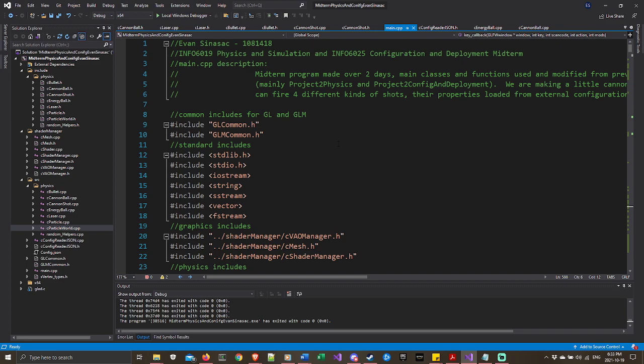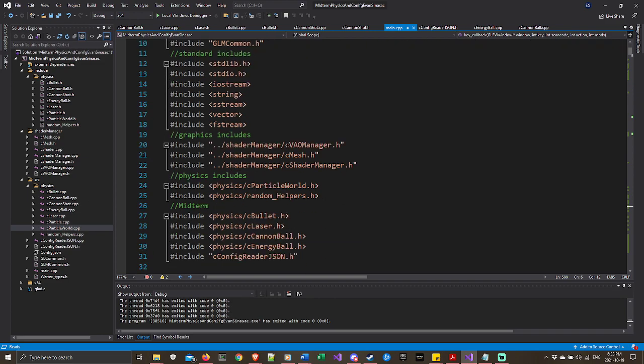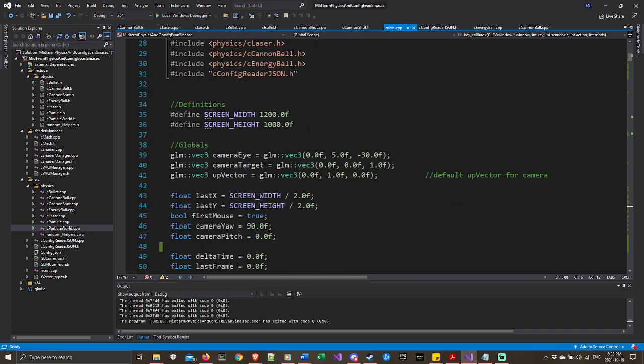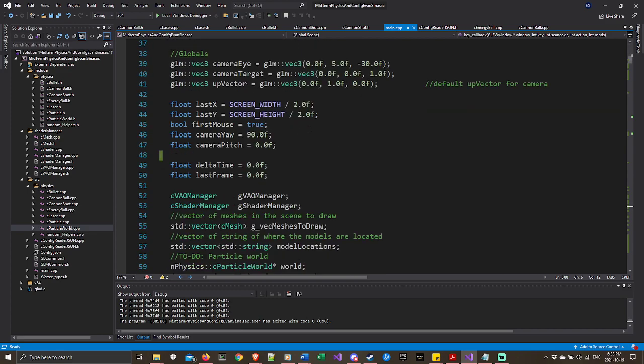So I took a very similar approach as I did for the Project 2 fireworks. I basically took the ideas from that to make this Canon program. So a lot of this stuff is the same or similar,